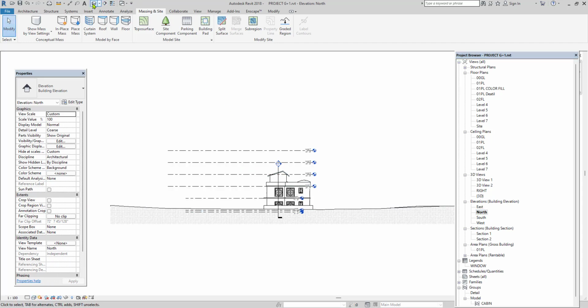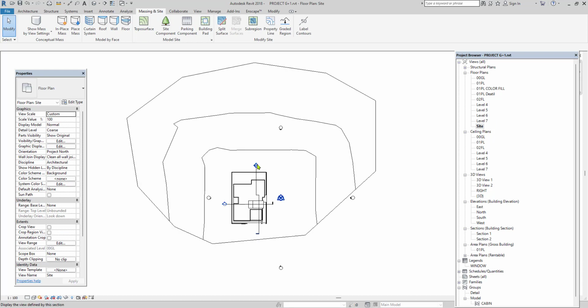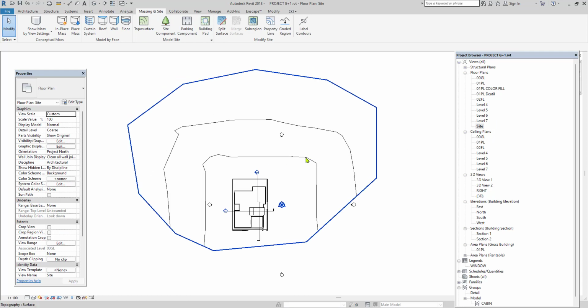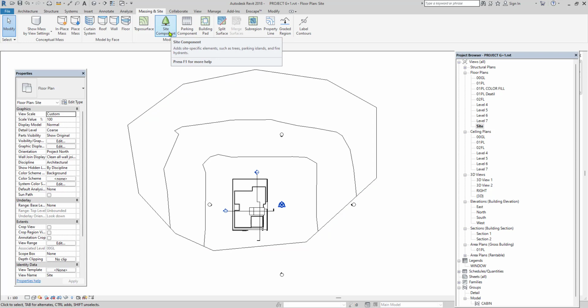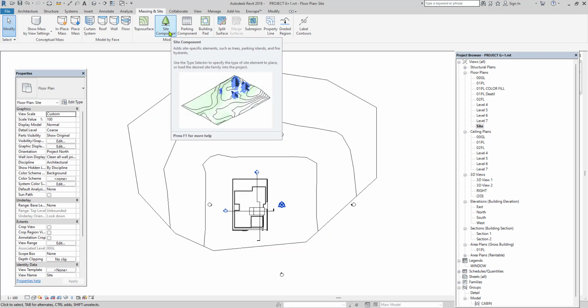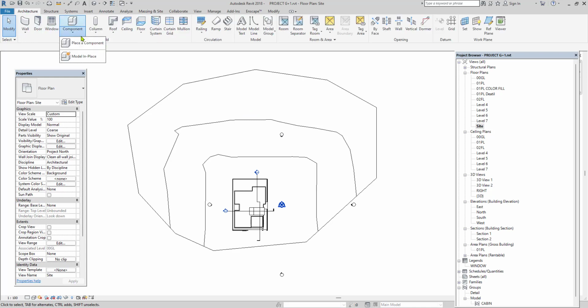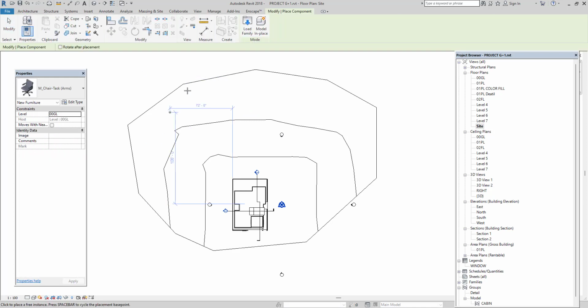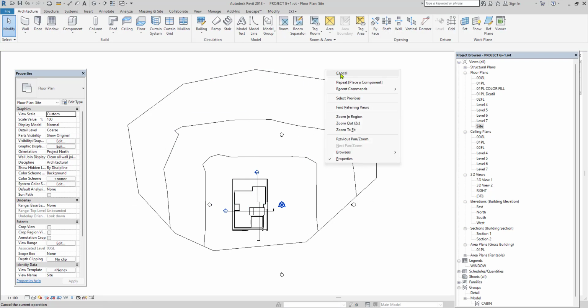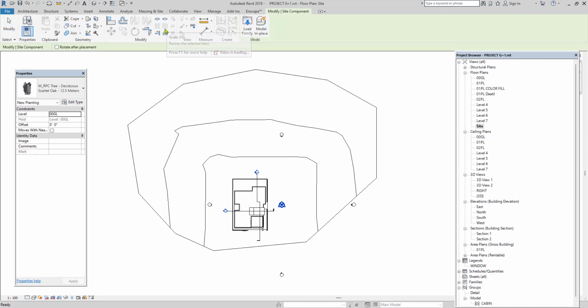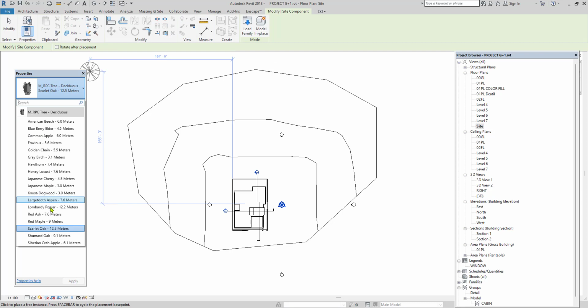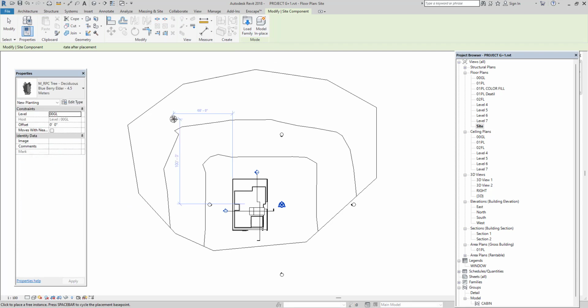Next, go to 3D and then click on the site option. For this one, if I want to place site components like trees and other stuff, we have a separate option, that is the site component option, or else by using the component and then place a component option, you can place the number of components or the type of component that you want to place. I'm clicking on the site component. By default we have different types of trees here. You can just place it, switch to another type and place it. You can copy it and then just develop the landscape.